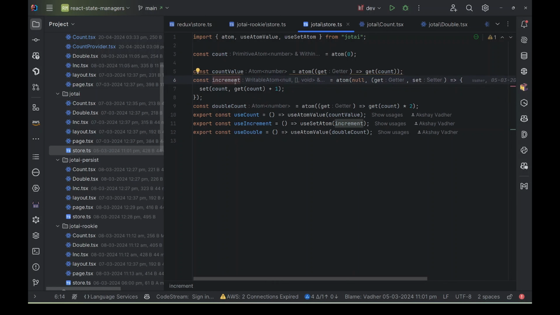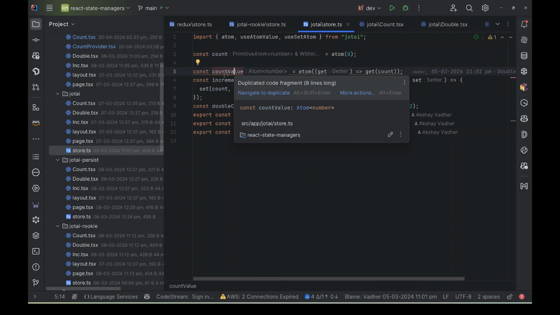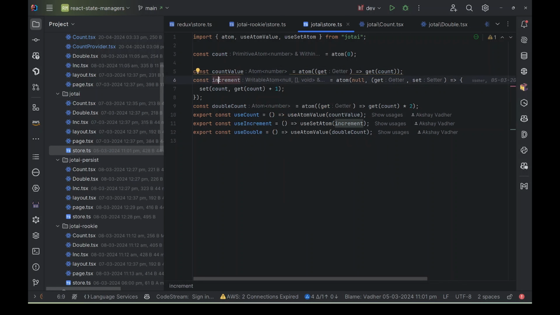And same way, this is called read only atom, and this is called write only atom. So for the atom's first priority, I set null. So what it means is increment's value cannot be read. There is only write only atom. So by increment, what I do is I set count atom by getting count atom and incrementing it 1, and then I expose the use increment method, and